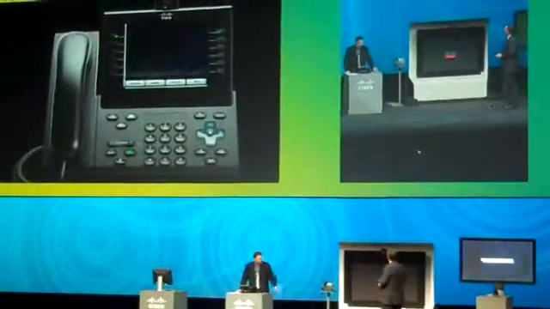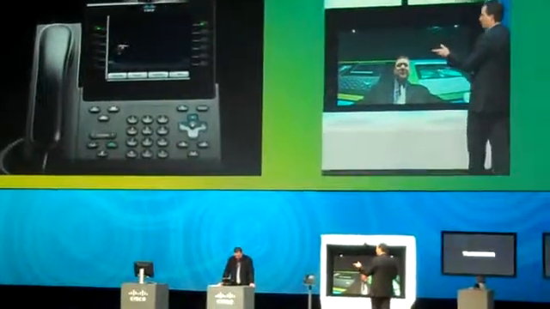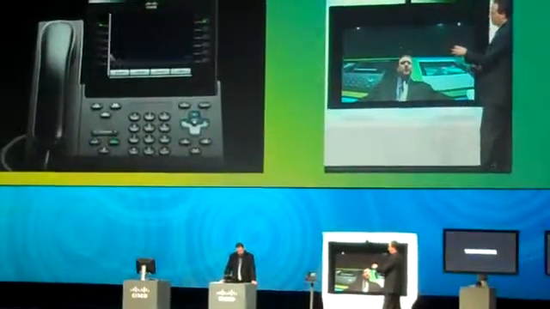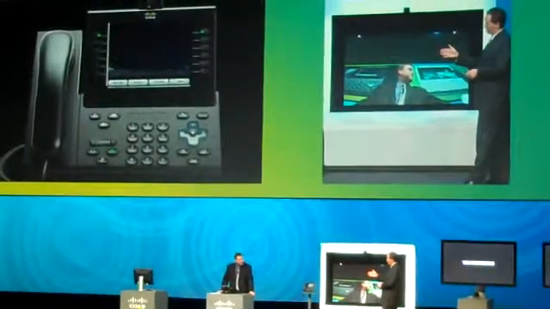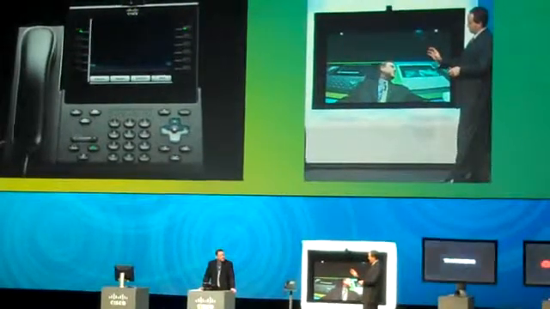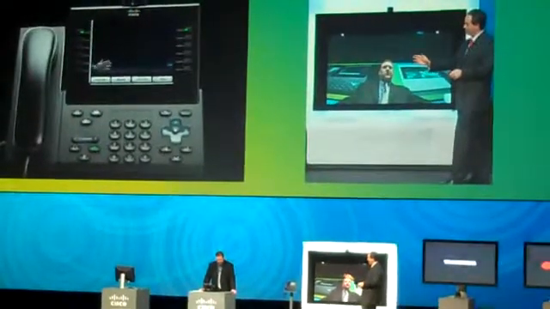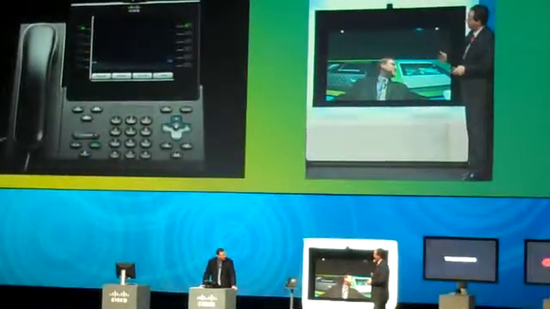And we're going to see a call here out to our telepresence endpoint. Okay, there we go. That phone is putting out standard definition video, and of course the telepresence endpoint is putting out high definition. That's correct. And the MXC in the network sends that and is actually upscaling the video from standard def to high def. So you look really good on the screen. Well, thank you. That might be because of the camera.